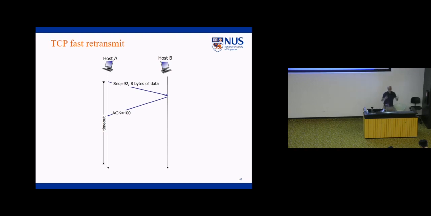Let's say I had a window, and I'm allowed to send multiple packets. So immediately after this, I would have sent another packet, let's say starting at 100, and it has 20 bytes. But something happened in the network, and we never received it. Let's say my window was big enough, I was allowed to send another packet. Now, even though the sequence number is not shown here, you can guess what the sequence number here would